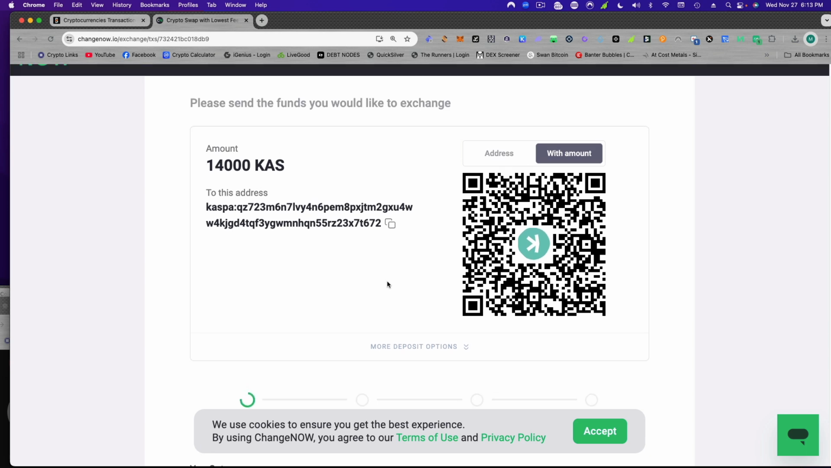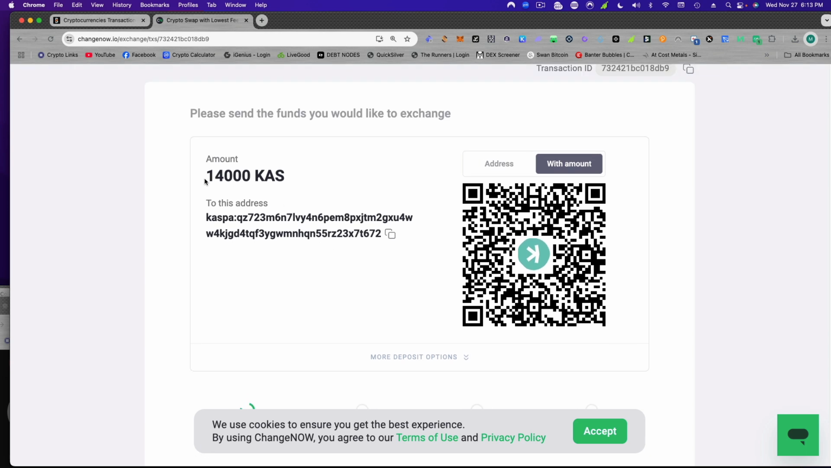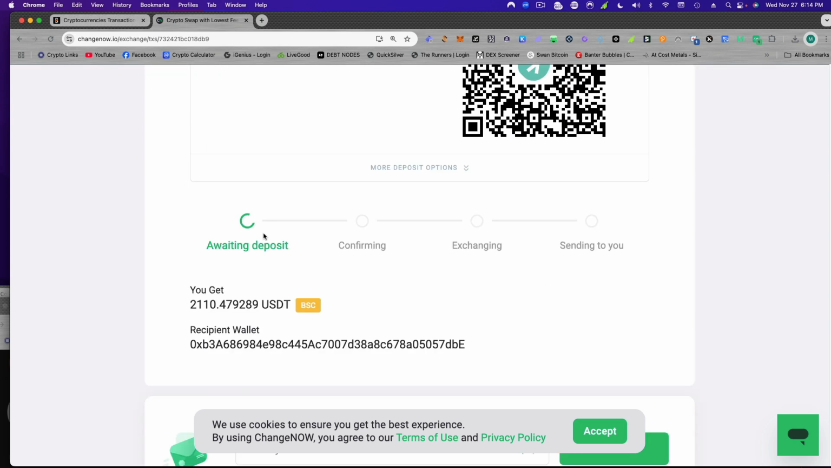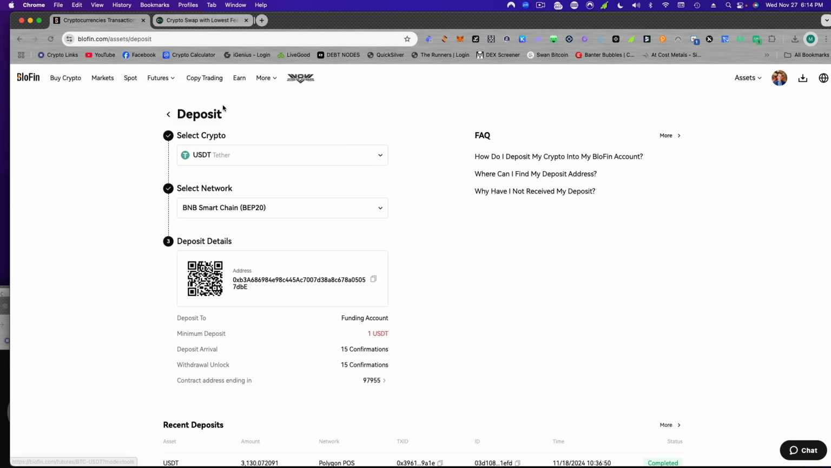All right, so then he's going to go to his Kaspa wallet and send 14,000 Kaspa to this address. You can copy it here or scan the QR code to send it. You don't have to leave this page open, but I do. So they'll await the deposit, they'll confirm it, they'll exchange it, and then they'll send it to you. So then you're going to get, when you go to,